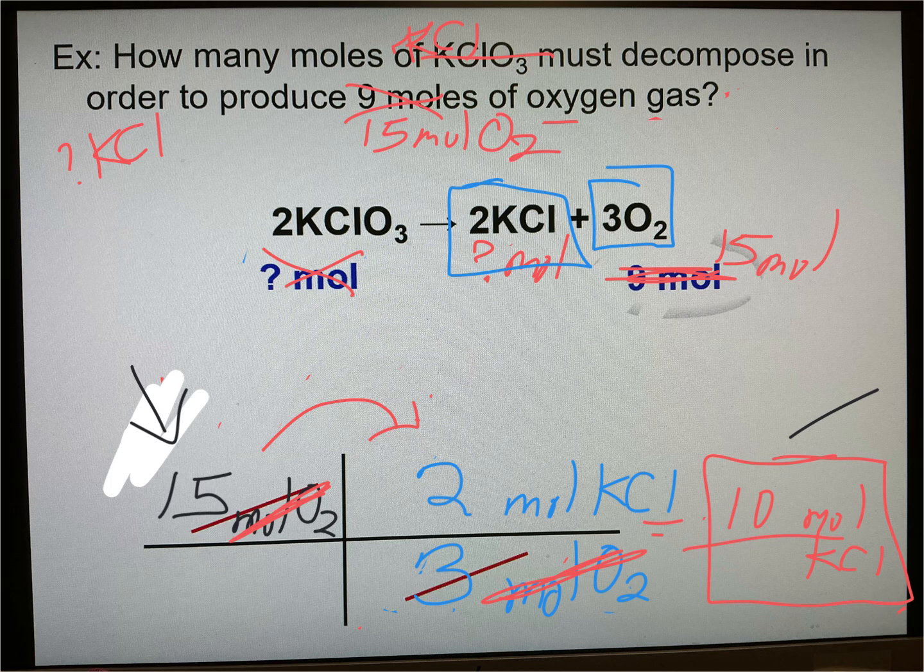Okay, and that's it. The hardest part is looking for what is given and what is unknown. Whatever this unit is, it must be down here so you can cancel it. And then whatever you're looking for is going to be on the top. That's going to tell you whether you're going to multiply or divide, what numbers you're going to put in there. Okay? All right, where do we have questions? Are we sure? Okay, all right, so now